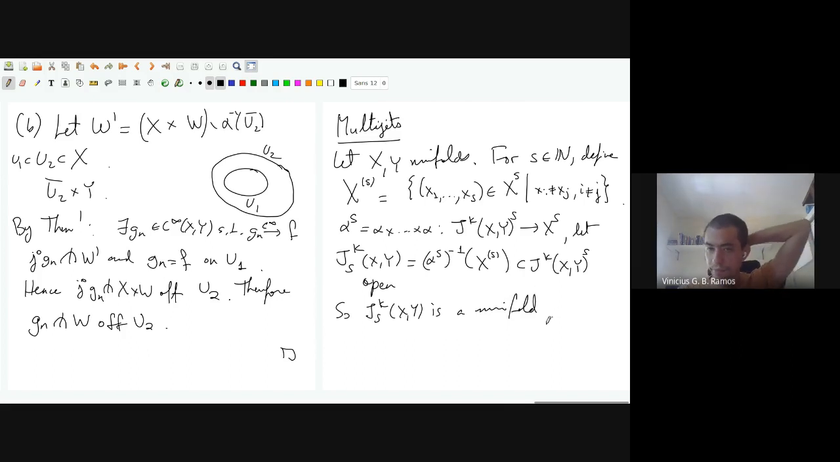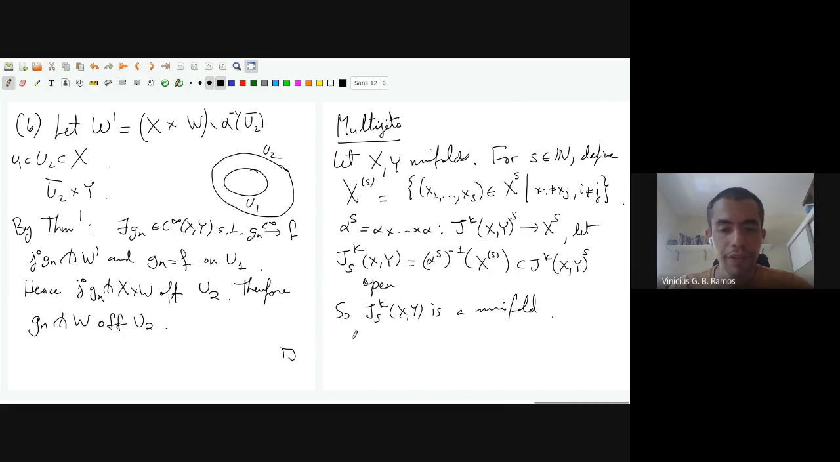It's a manifold. Okay. I mean, it's open because we're taking the pre-image of an open set. Okay. And then now, what is nice is, given a function, you can look at the kth, the sk jet